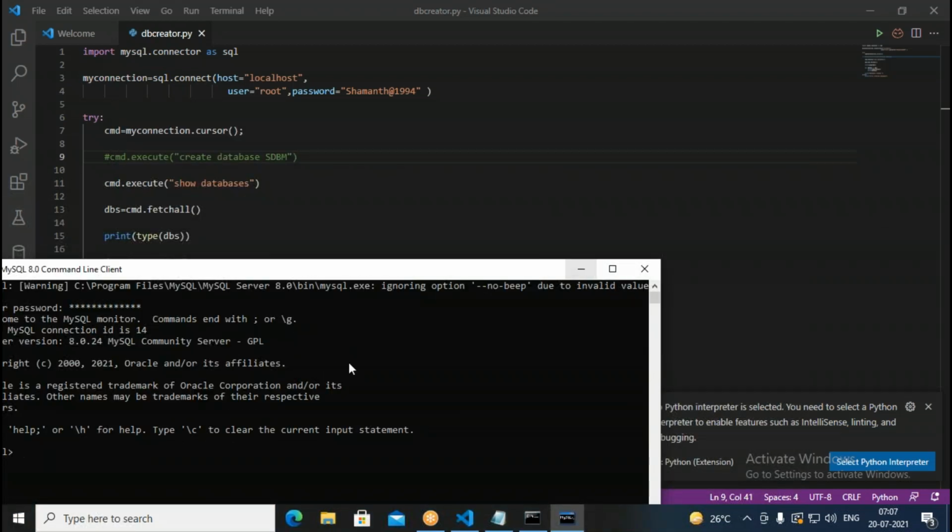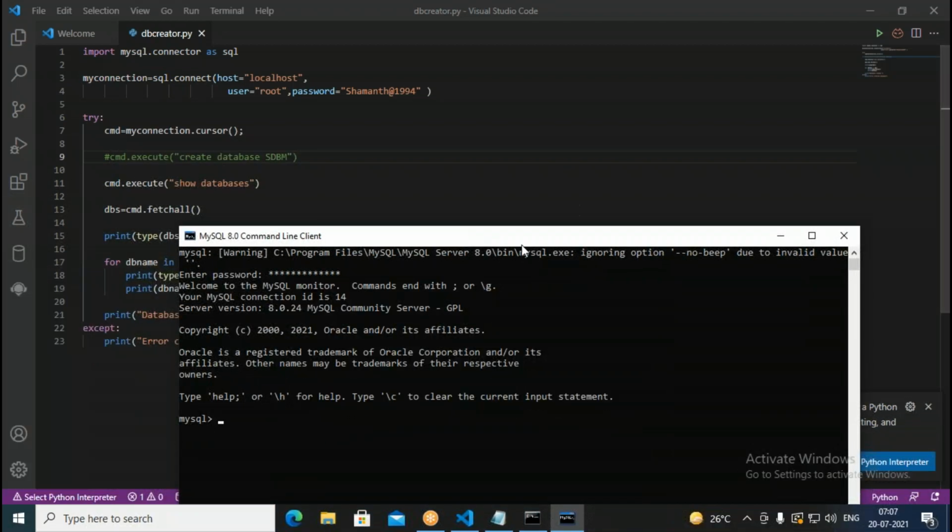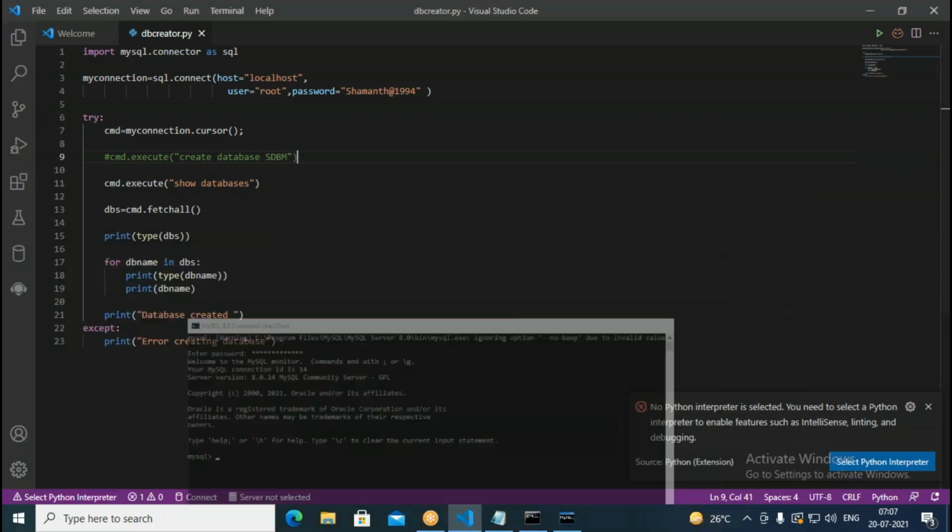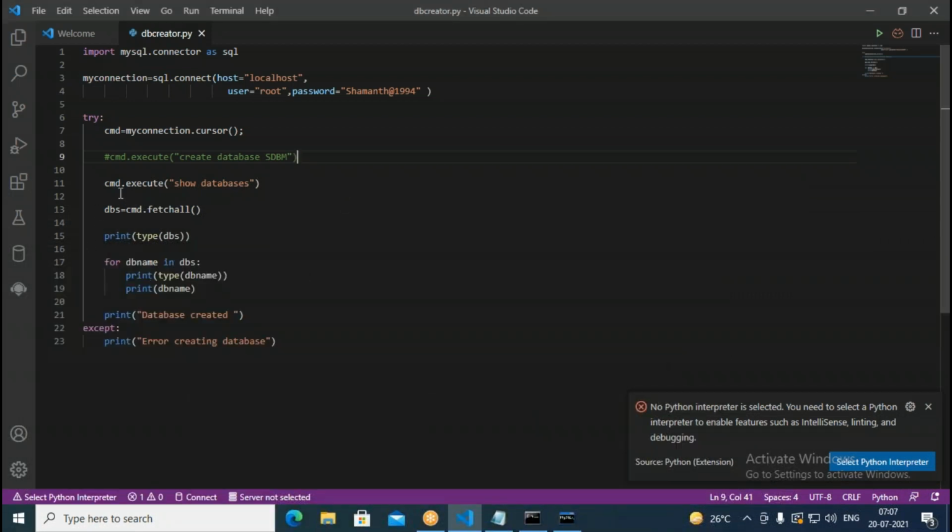Same thing we are going to do, but here like a command prompt, it appears for us, but in the code it doesn't appear, but internally it's nothing but a command object. CMD is nothing but a command object. Using that, we can invoke commands. Okay, so first we open the connection. So once connection is opened, we create a command object. Using command object, we can execute the commands. Show databases is nothing but a command. With the help of that, we are retrieving all the database names.